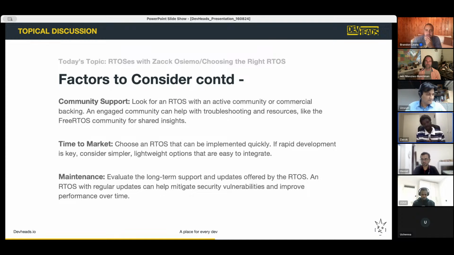Maintenance. This goes with time to market as well. Choose something you're going to be able to maintain. I touched on community support. You don't want to end up having to maintain your product and the operating system it's running on, because those are two different concerns. An RTOS developer who makes RTOSes and a developer who makes real-time applications do very different things and think about very different problems. You don't want to take on the burden of maintaining something that you're using. So consider this when you're choosing an RTOS.